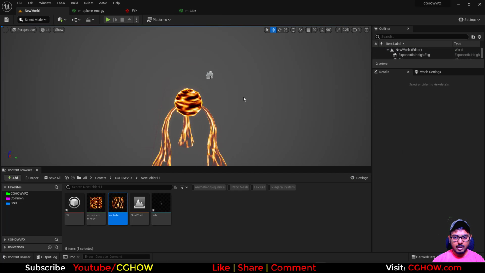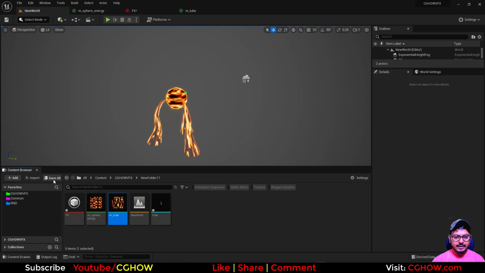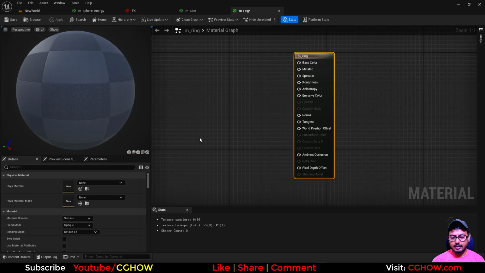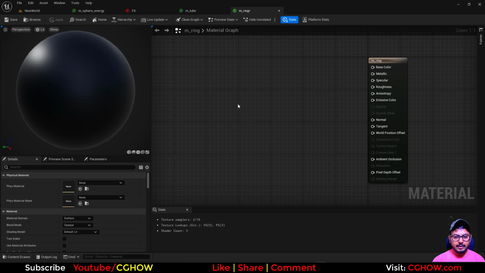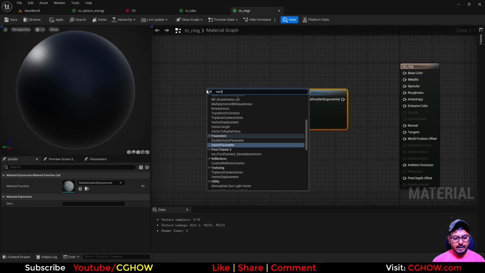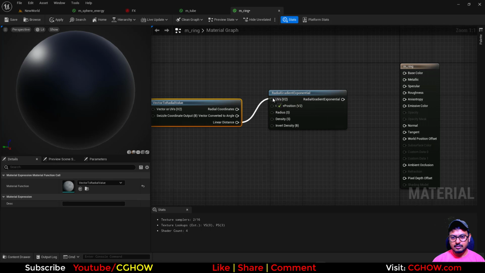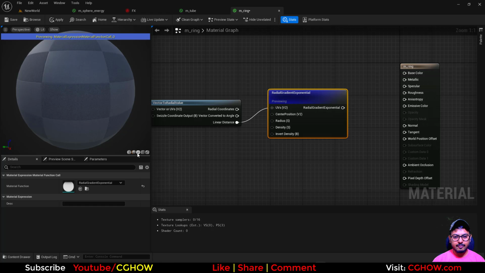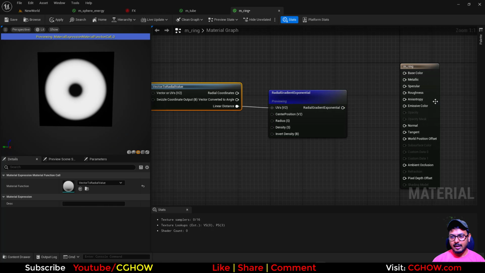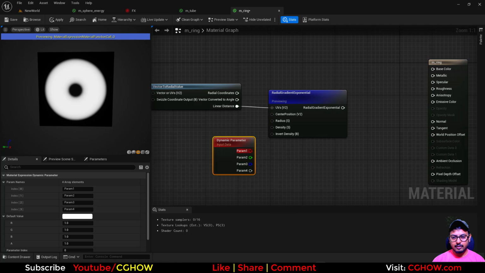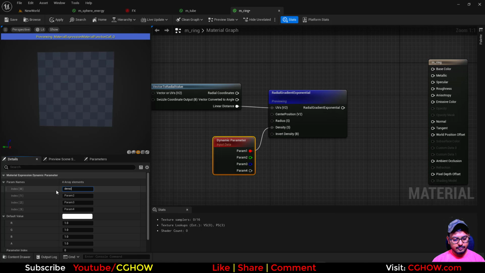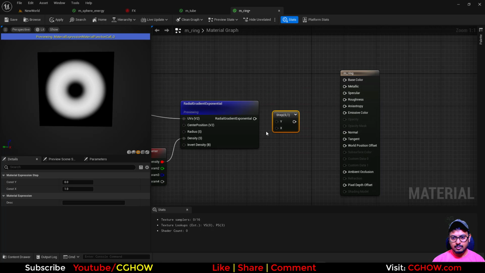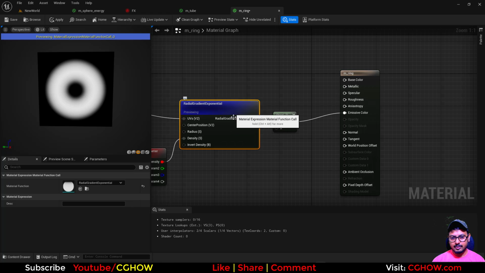Okay, so now I want something here, the rings and some glow. So first I need a ring here, so I'll make a material M ring, and there are lots of ways to make a ring. You can just subtract one radial from another radial, or you can just take the radial, then take the vector to radial and connect this linear UV, so you will have this. Okay, and after that you can make a dynamic parameter for the density,